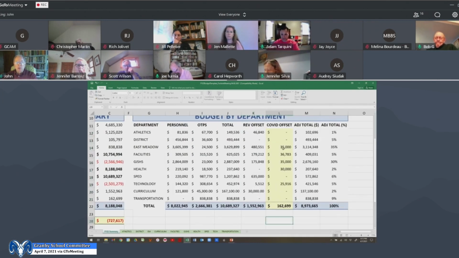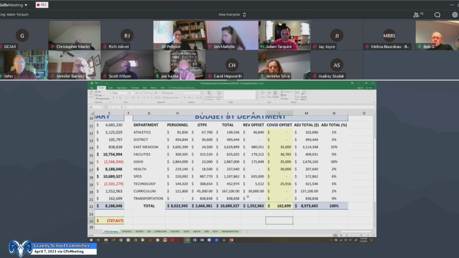Do you have a way to separate out the school choice funds? I can, yeah. You'd like it separate in this summary right here? Yes, I think so, because it comes as a lump sum, not necessarily dependent on any particular use. Correct. So I can certainly add a column that would show each specific offset for each department or school. That'd be good. Thank you.